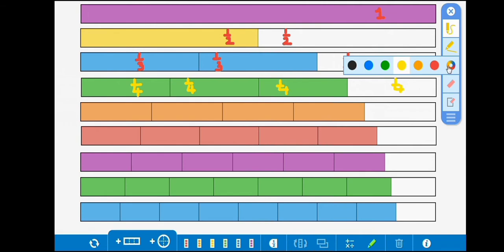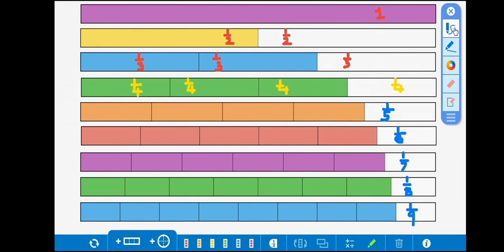You can do this with colors using sketch pens, right? So you can draw all the strips on paper, or you can directly take strips of different colors. Here I have denoted each of the parts, like in the fifth strip I have divided it into 5 equal parts, so I have written 1/5, then 1/6, then 1/7, 1/8 and 1/9. So you can write in this way.